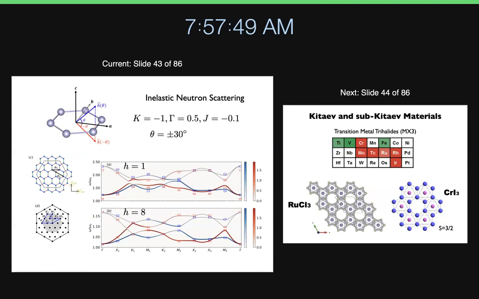The only one, angle-dependent ferromagnetic resonance, is a Q equals 0 excitation. Here we have other momentum points. So here I just choose plus or minus 30 degrees. Blue is the excitations with plus 30 in inelastic neutron, for example, with this particular parameter set close to the ruthenium criteria, and other interactions. Minus 30 is the red ones here. You see the difference between the blue and red. The dots are from a 24-site ED, and the lines are from the linear spin wave theory.